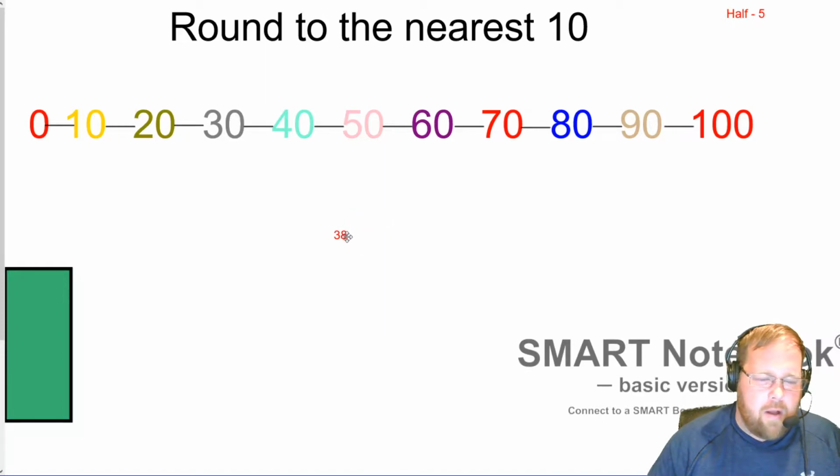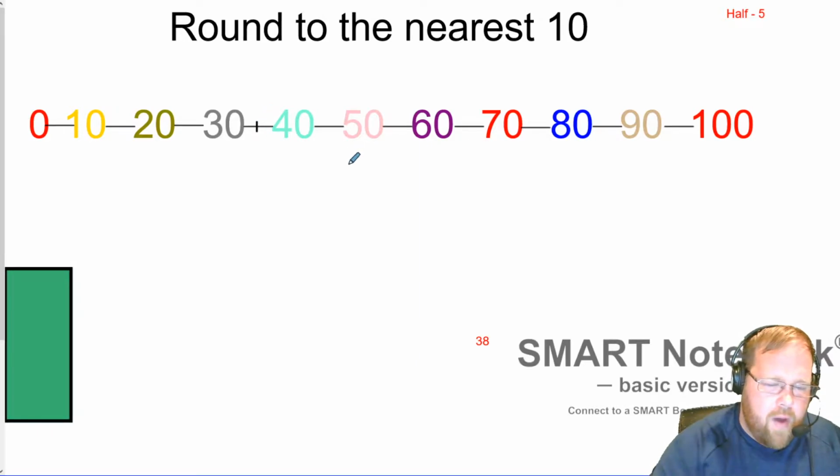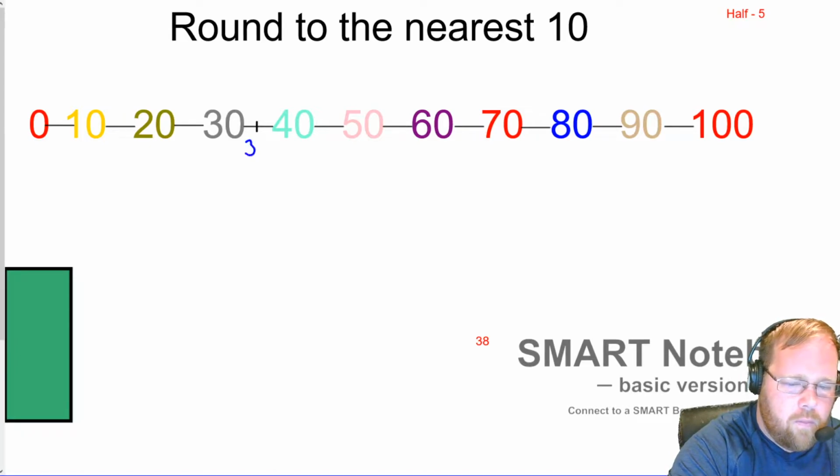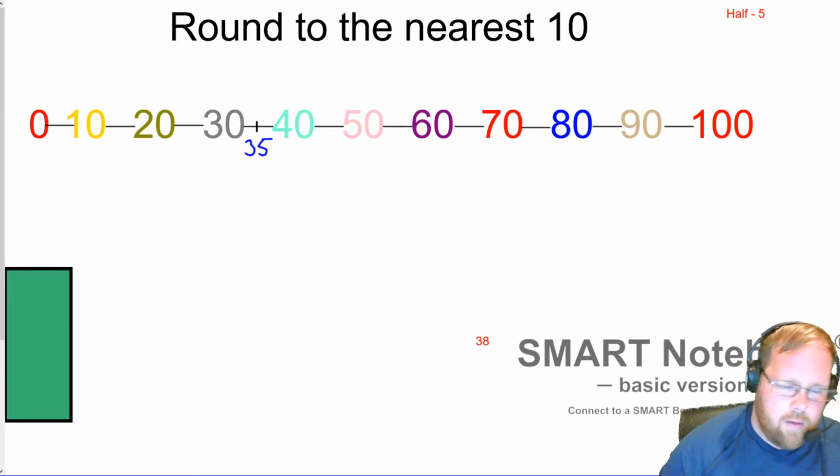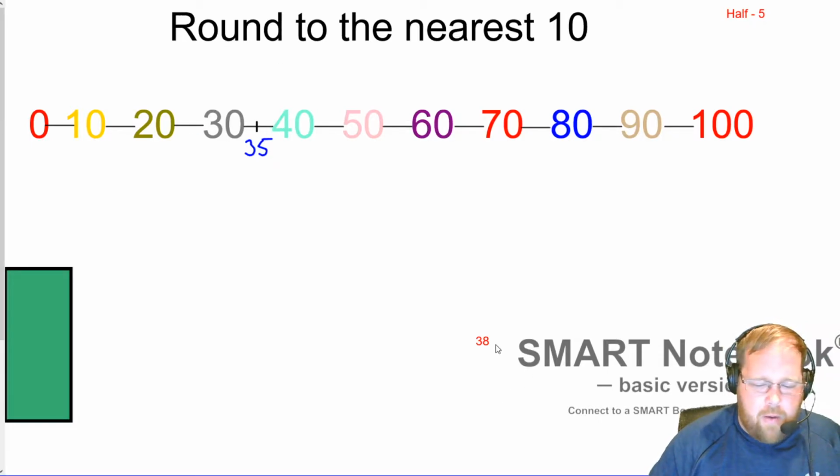We know that 38 comes in between. If we're counting, we'll get to 30, and then eventually 38, 39, 40. So it's going to come in between here someplace. Now, here's why we need to know what half is. Because if half is 5, then halfway in between 30 and 40 is 35. Okay? So if we're rounding now, we're going to place 38 either on this side of 35 or on this